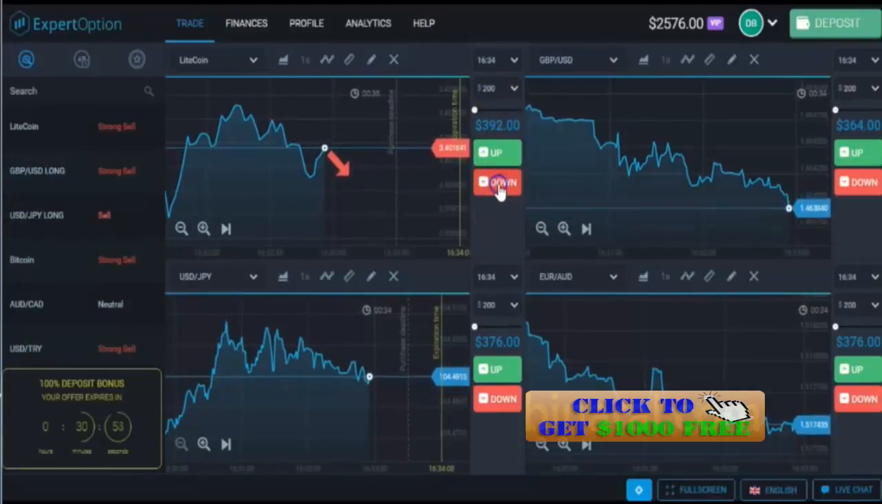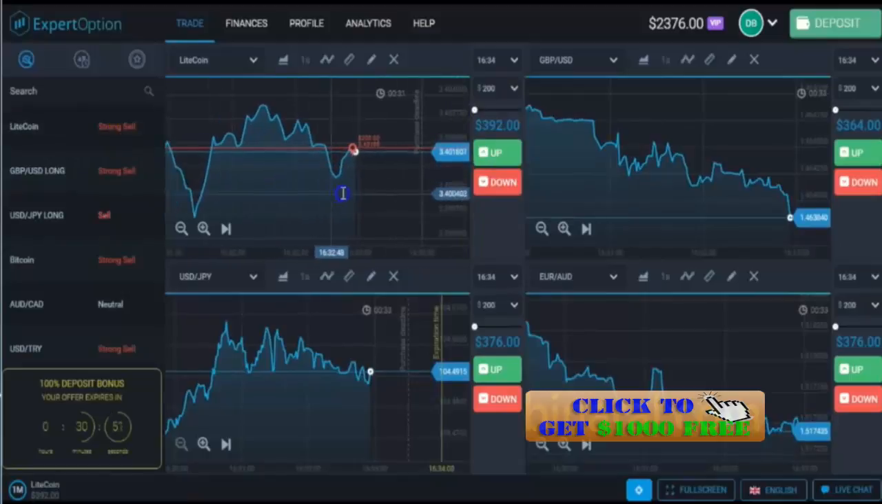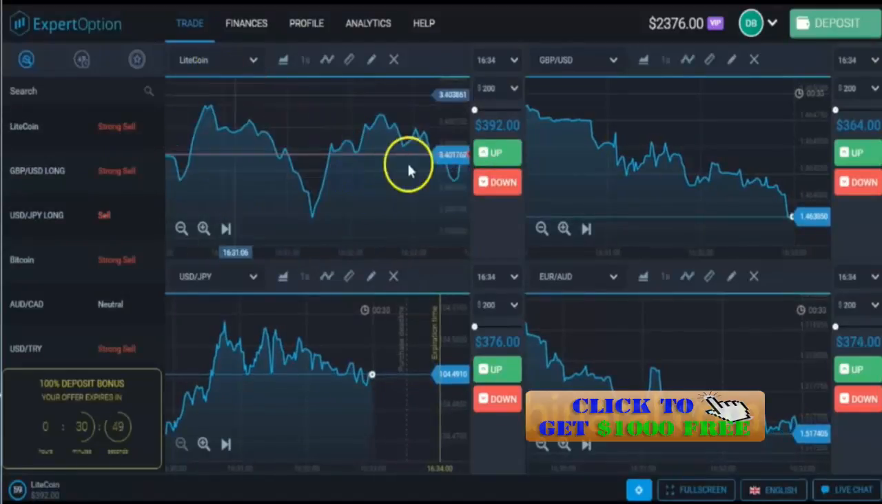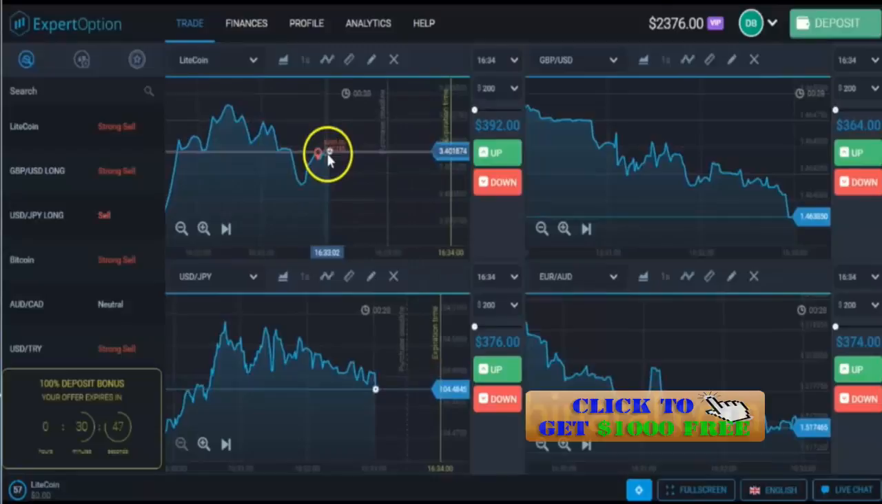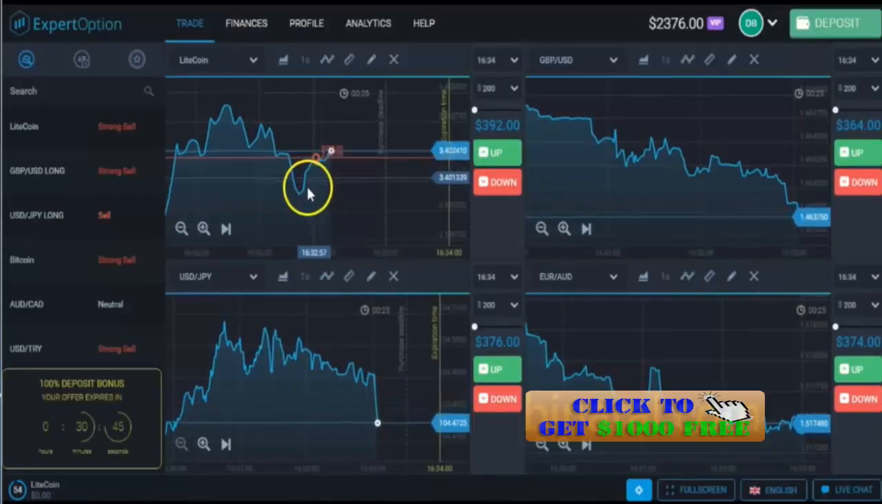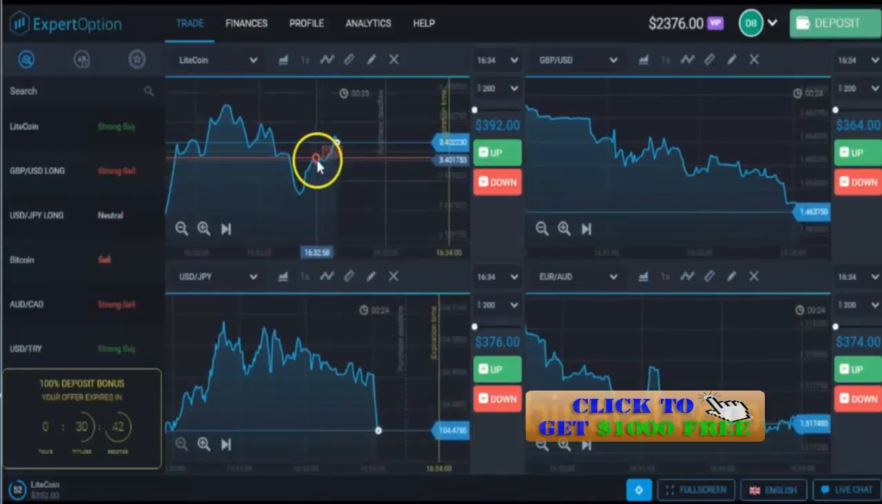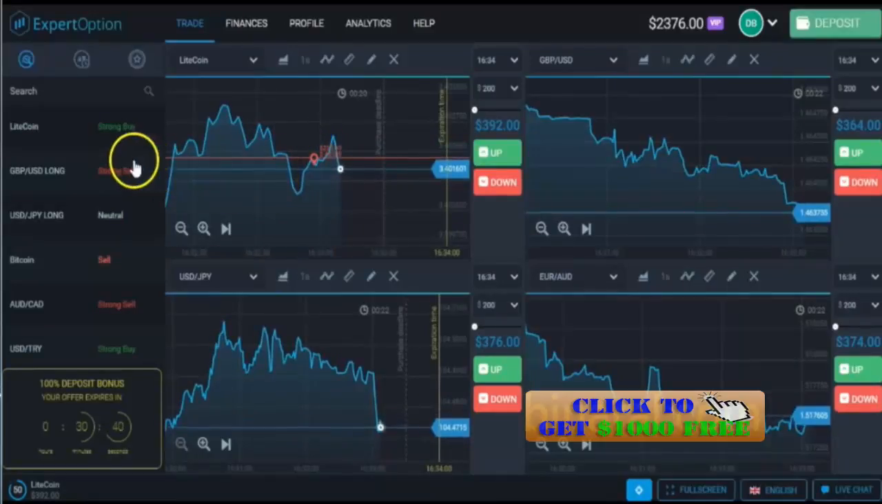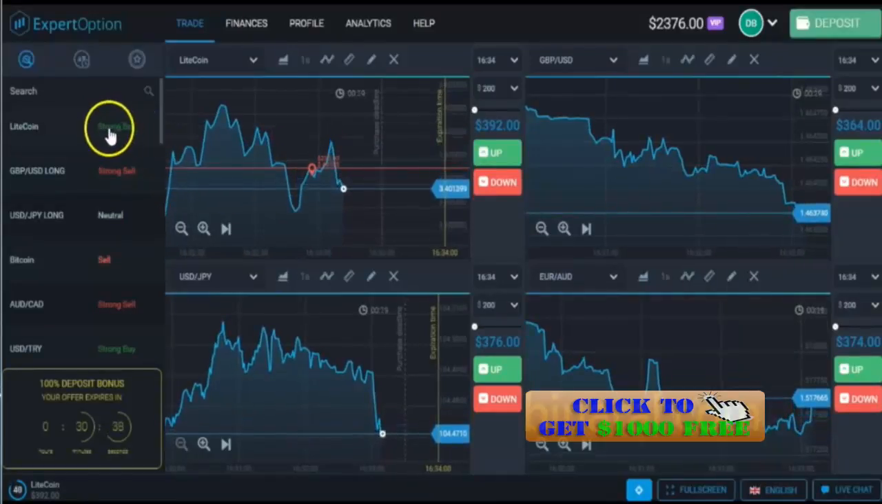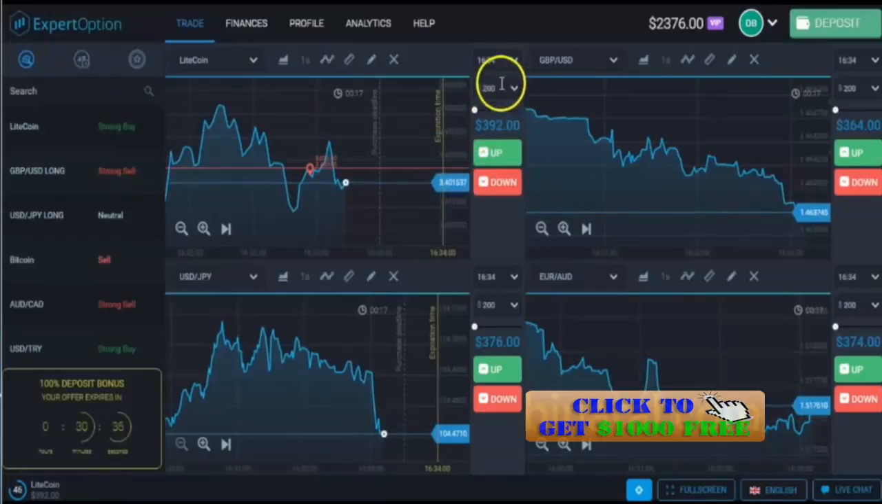All right, we will make a sell bet here. So we see the decreasing trend here, right? We waited for the moment when there was the correction movement right here, and we made a sell bet according to this signal. So the next signal is strong buy. So we will wait